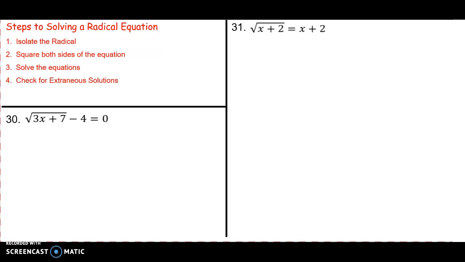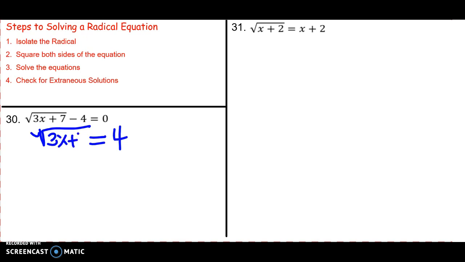Okay, so question 30 gives us the square root of 3x plus 7 minus 4 equals 0. So you can already see that the radical is not isolated on the left side of the equation. We need to move that minus 4 to the right side. When we move a negative 4 to the other side of the equation, it becomes a positive 4. So this is going to be equal to 4, and on the left side we'll have our radical isolated,